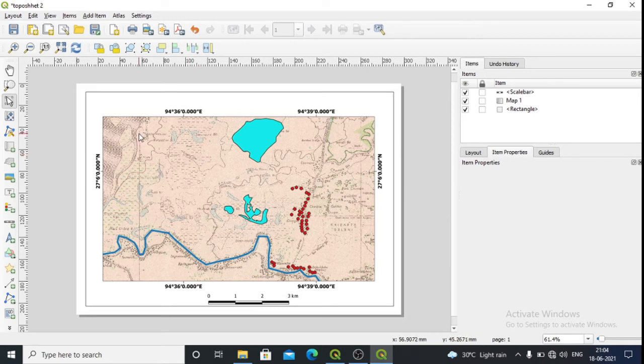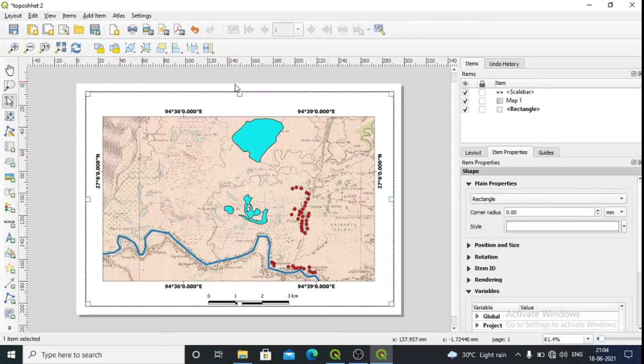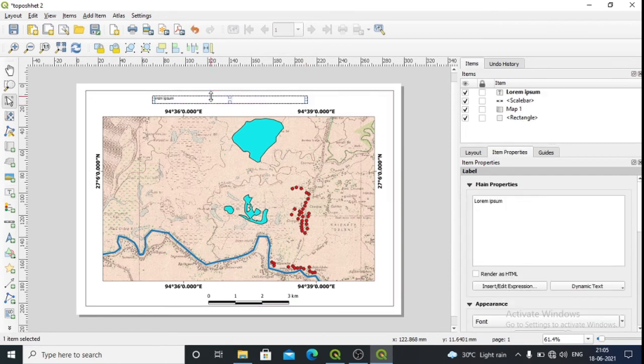Now I want to add the title. Add the label. So this is point, line and polygon feature.